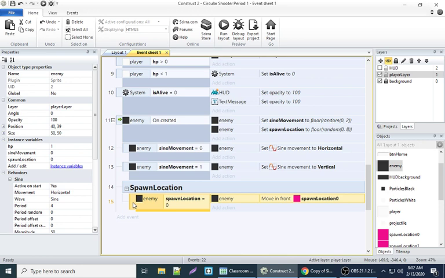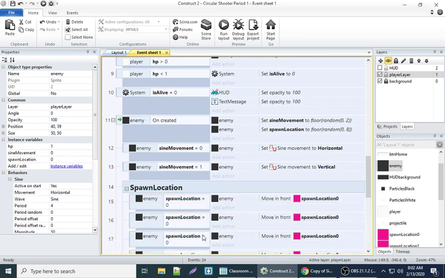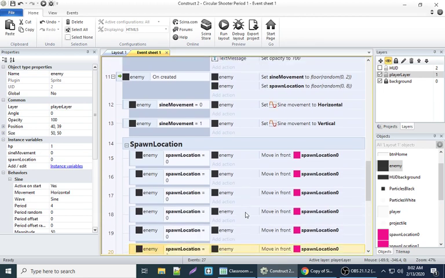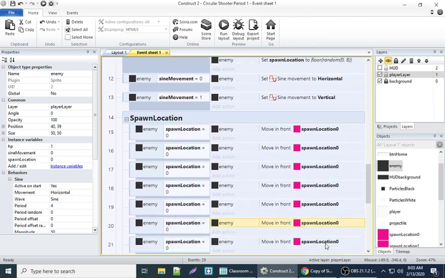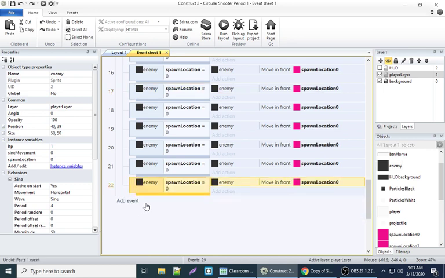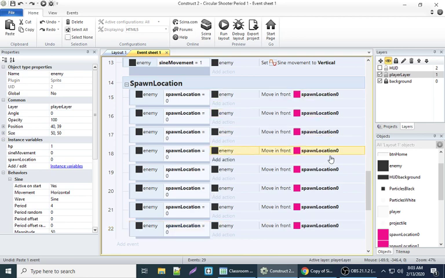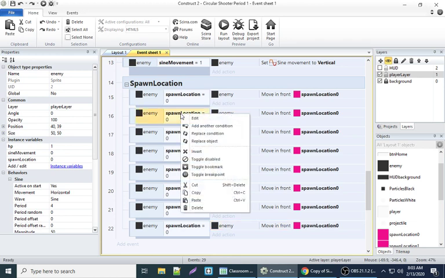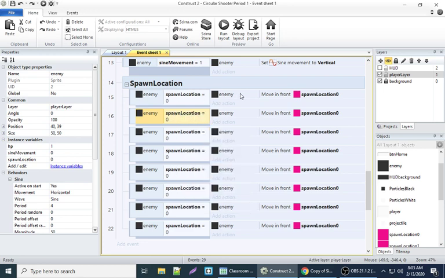Now I can say copy for this one, Control C, and then paste. I might have an extra one in there. No. 1, 2, 3, 4, 5, 6, 7, 8. So there's 8. On this one here, I've got to edit because I now have 8 copies of this